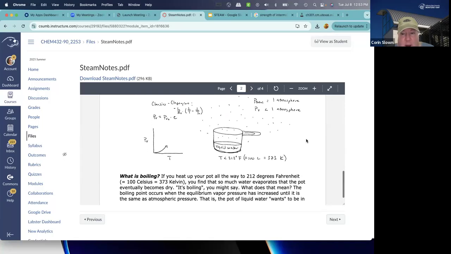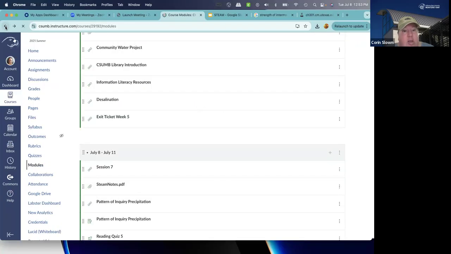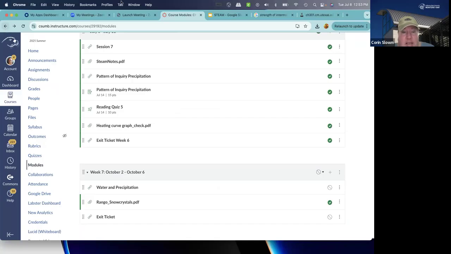So we'll have some practice problems that we're going to take a look at on Thursday for that. But that's a reference for you in terms of what we started talking about today. So what are we working on this week? We have a pattern of inquiry that looks at precipitation. We're going to use that and the content that we're covering on Thursday to help make sense of some of